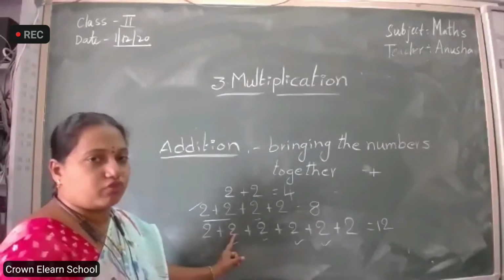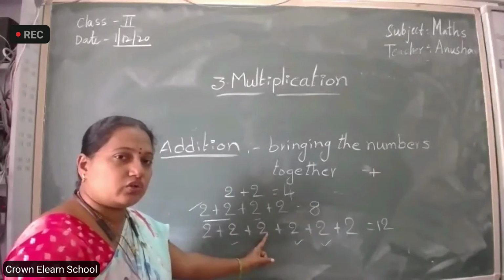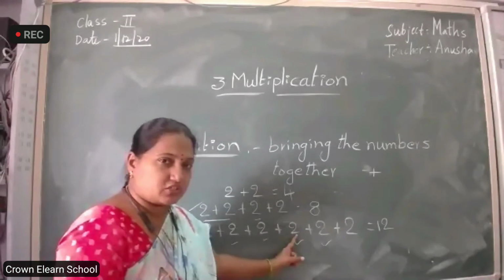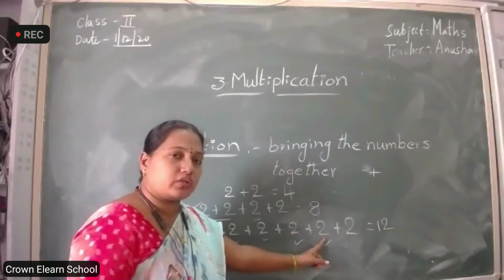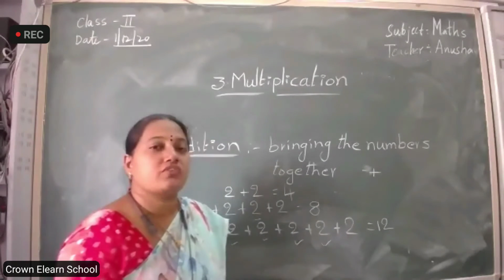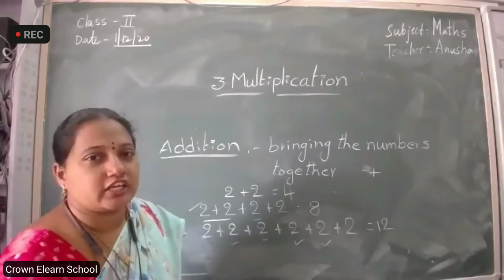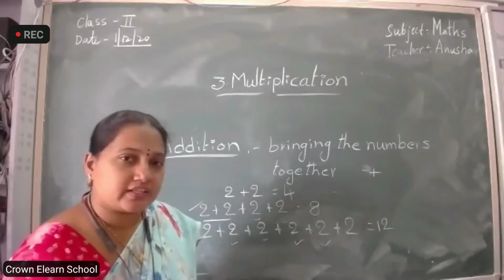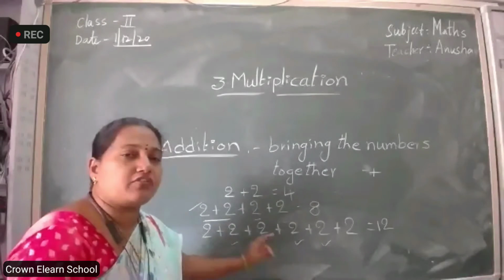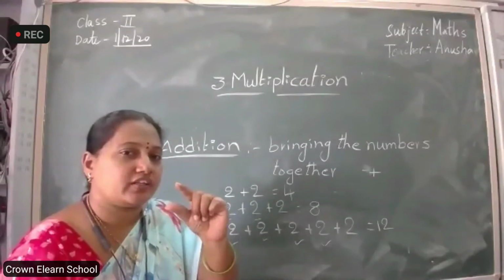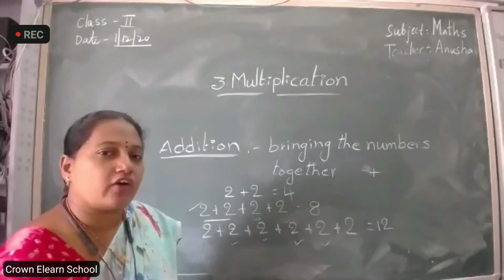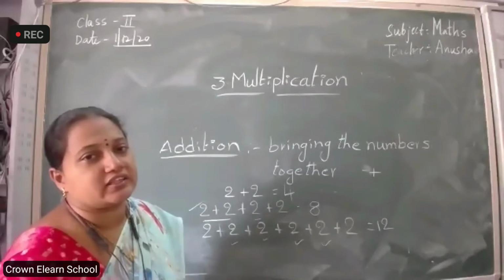Yes? So, now how much time it is taking? 2 plus 2, 4. 4 plus 2, 6. 6 plus 2, 8. 8 plus 2, 10. 10 plus 2, 12. How much time it is taking? Little bit long. Yes? So, for this what we have to do is, we have to find the short one. Quickly we have to say the answer. How we will say that one?